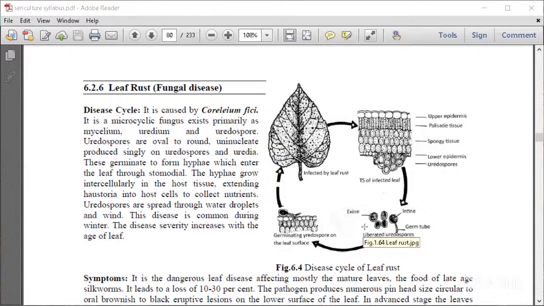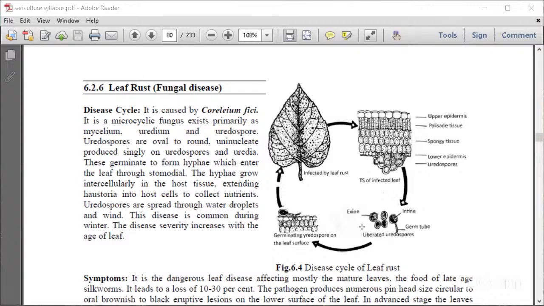And in the latter stage, meaning the advanced stage, the leaves become yellow in color and fall off prematurely. Why? Because the chlorophyll content is completely utilized by the